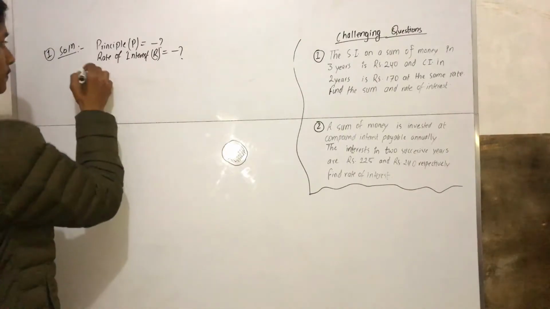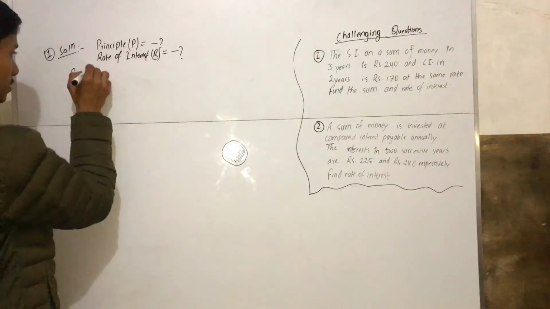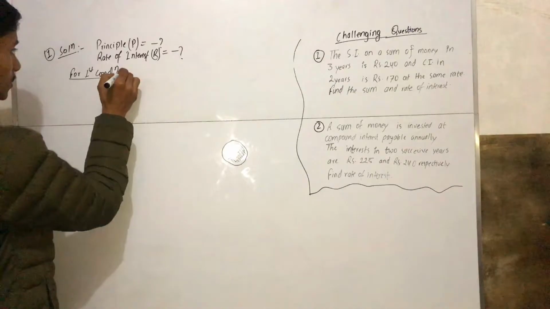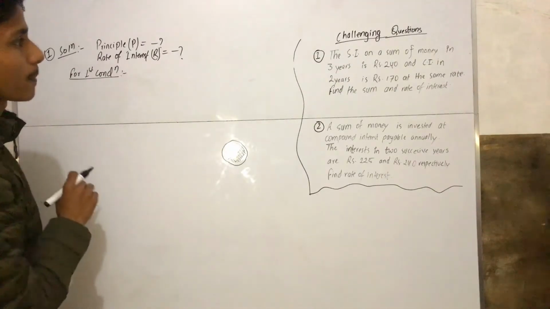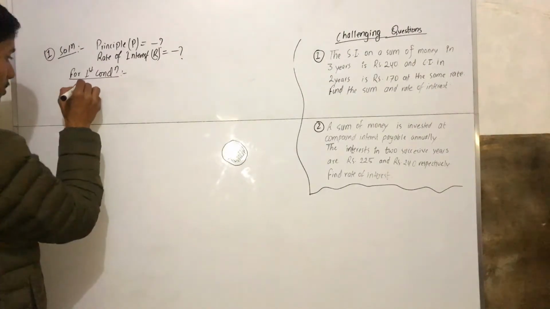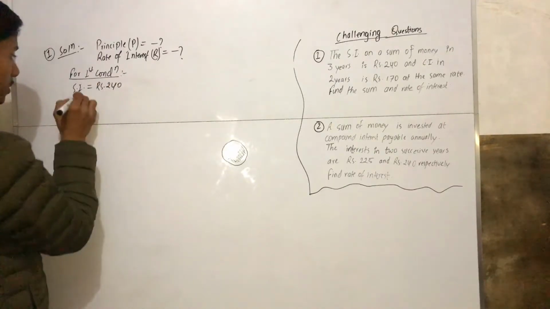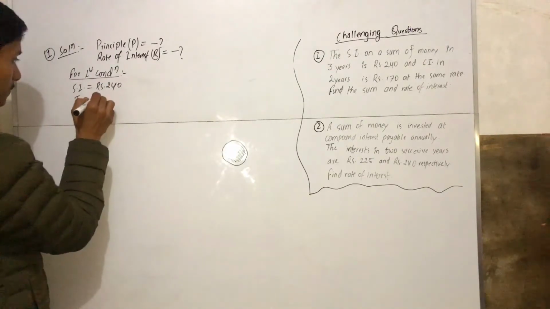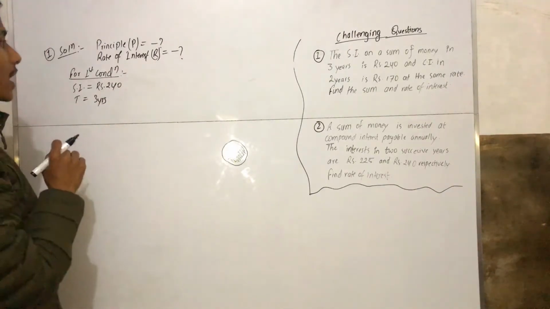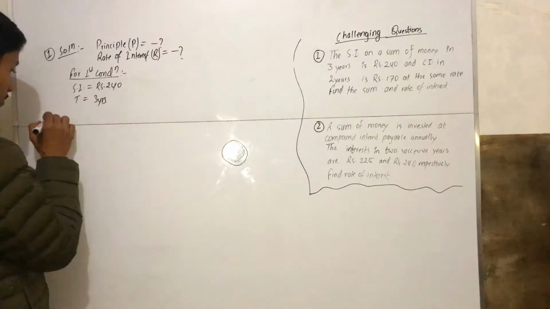For the first condition, what do we take here? SI, simple interest. Here our SI is Rs 240 in 3 years. And we are asked to find the principal and rate of interest. So here we know